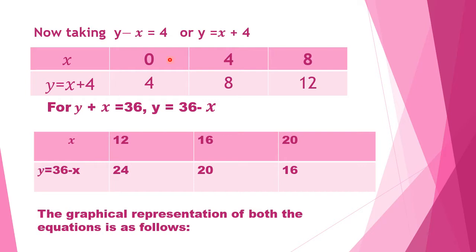Usually we apply the trick that once we take 0 in x and once we take 0 in y. So you are already there with two coordinates ready. Then you have to only think of the third coordinate. But here it is very easy, so I have started with 0 and then 4 and then 8.